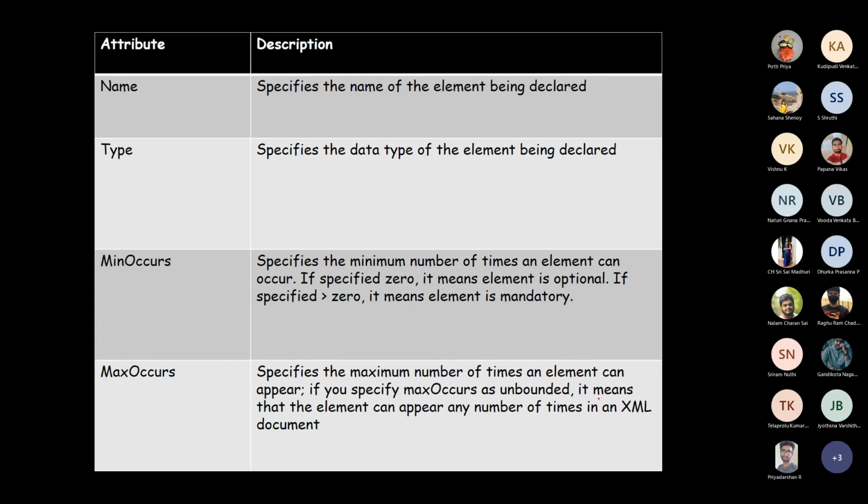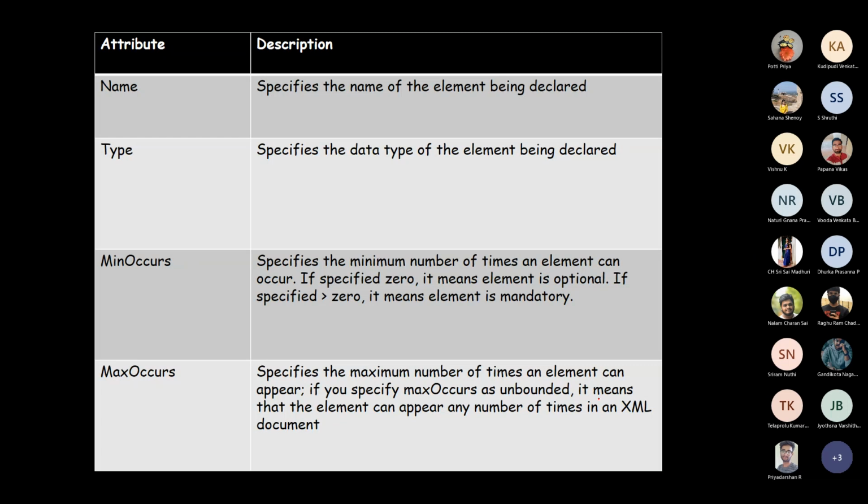If I specify that element min occurs equal to 0, 0 or more times it can occur. Which means that even if that element is not appearing in your XML document, still that XML document will be considered as a valid XML document. Max occurs specifies the maximum number of times the element can appear. If we specify maximum occurs as unbounded, it means that the element can appear any number of times in an XML document.